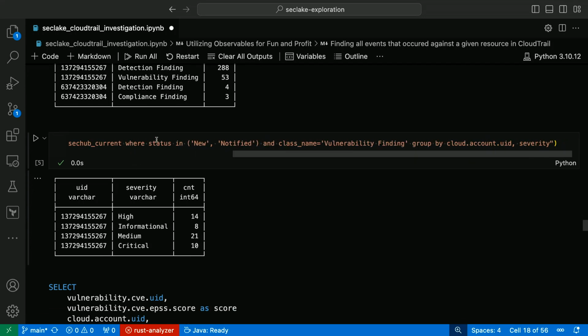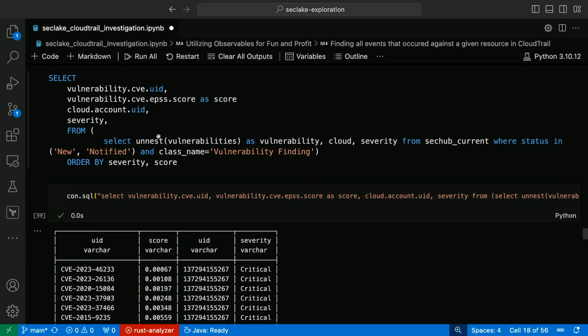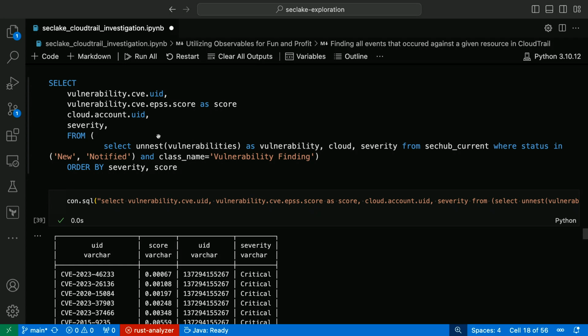Let's see here. This is vulnerability findings. Let's go to a more interesting one here. So down here, this is why something like OCSF and the idea of these domains and classes is super interesting, because if I say the word vulnerability, that means different things to different people. Some people might say vulnerability and they mean GuardDuty finding, or even config, which I don't necessarily consider a vulnerability, I consider it a misconfiguration, but OCSF is attempting to apply a common vernacular to that.